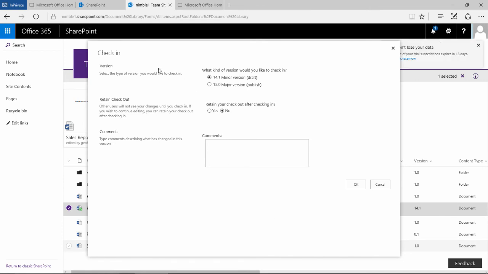So it says here, how do I now want to save this? What kind of version? If I save it as 14.1, it'll be a draft version. If I save it as 15, it'll be a published version. Also, when I check it back in, do I want to retain the checkout or not? If it's checked out, people won't be able to see the changes that I've made. So if I say yes, okay, I want to retain my checkout, and I say